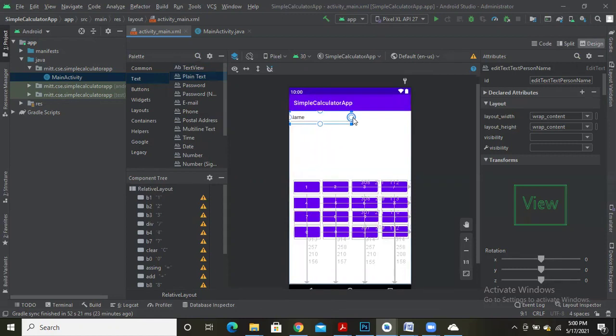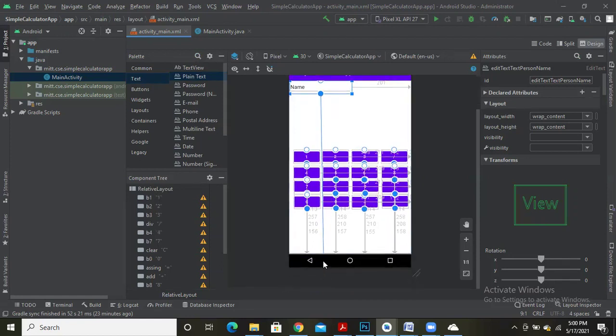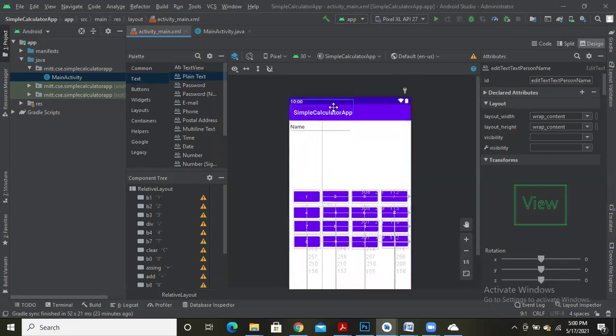Let me make this component movable towards horizontal by dragging like this, and similarly movable towards vertical. So now this component can move horizontally or vertically, so that I can place it wherever I want. Let me place it like this.